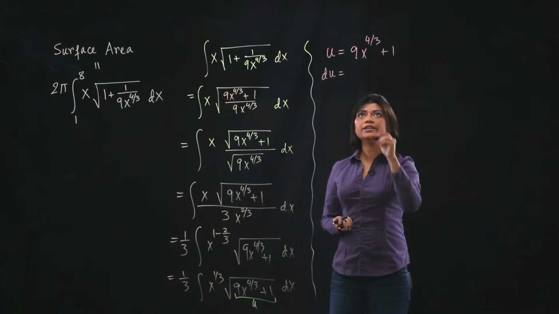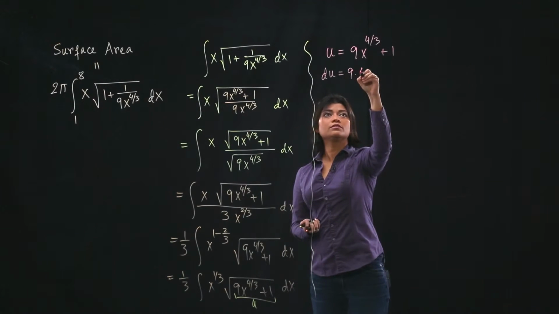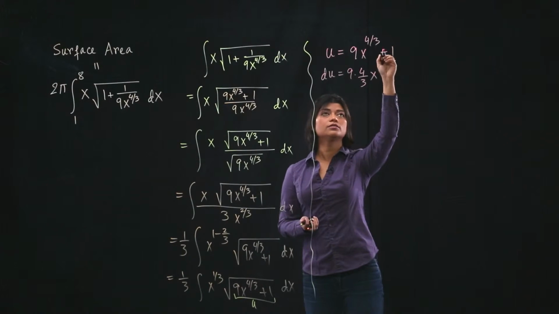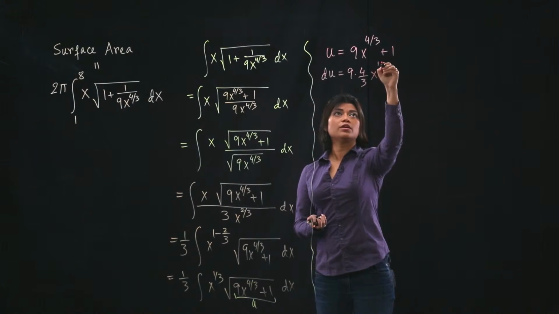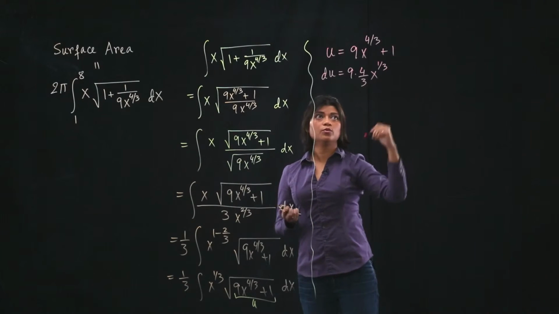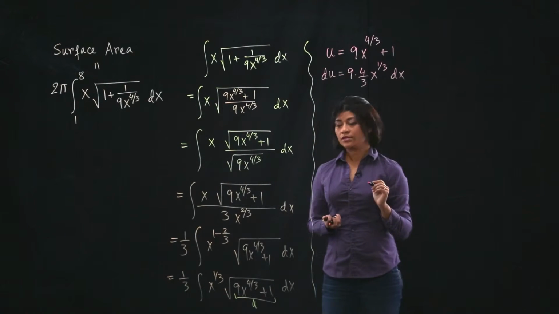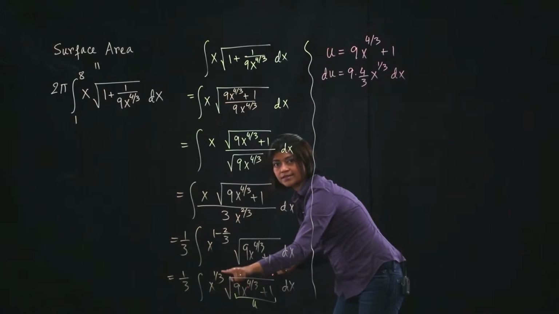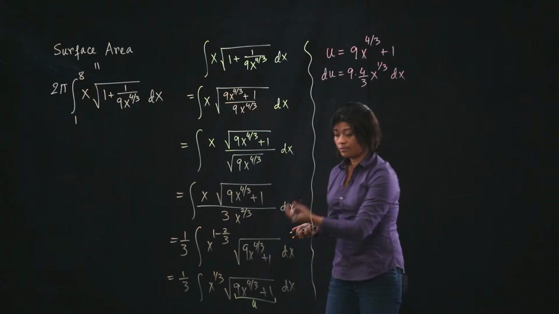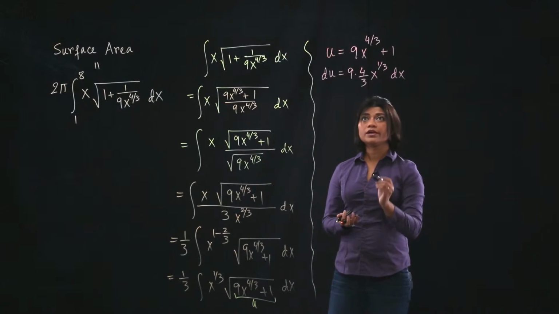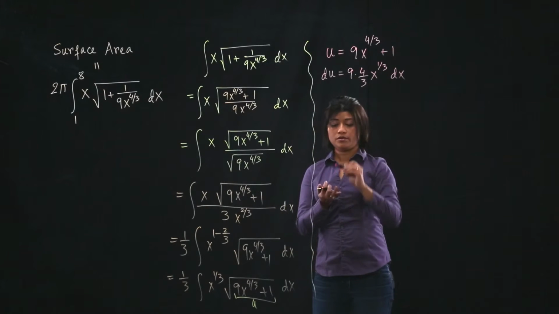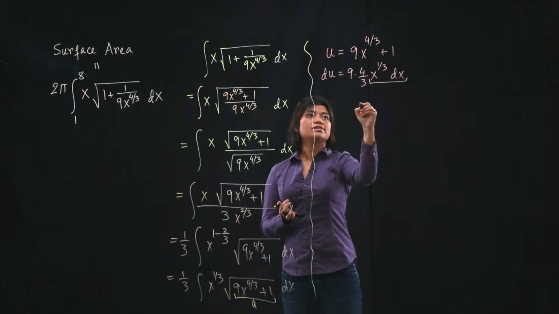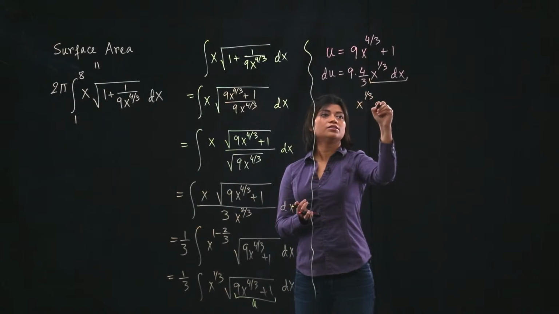So du will be 9 times 4/3 x to the power 4/3 minus 1. So 4 minus 3, that's 1/3, and the plus 1 will go away, dx. And that's good, right? Because see, du has x to the 1/3 dx, which is the extra function that we have here. Okay, so let's solve for this portion. So what is x to the power 1/3 dx